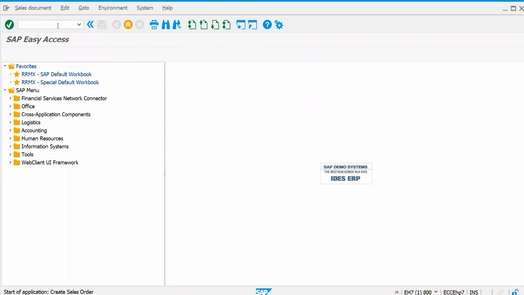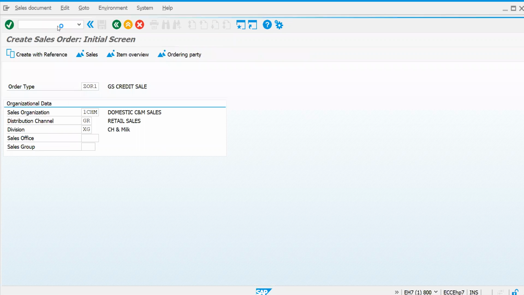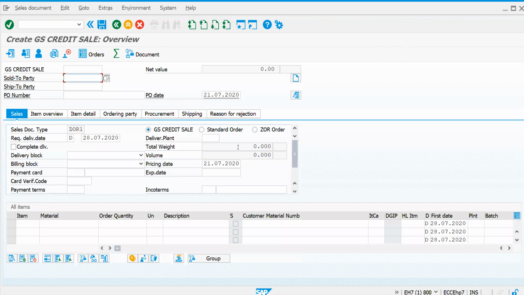If I try to create a sales order by using this document type, by using this document type, we can create our delivery. Today we are going to discuss what the different kinds of deliveries in SAP are.